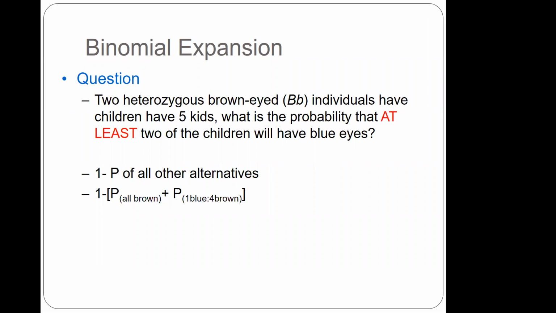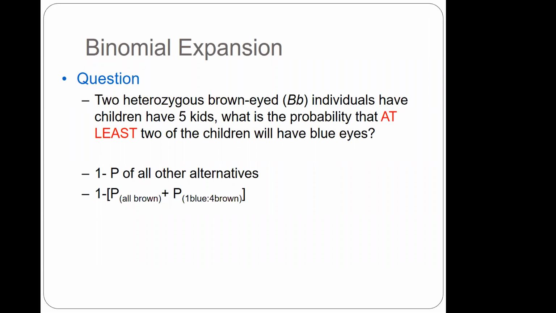So we have to calculate a probability that we get 2 kids, a probability that we get 3 kids, a probability for 4, and we have to add them together to get the actual probability of having at least 2 kids. So we have to do 4 calculations, right? 4 binomial expansions. We have to do a binomial expansion for 2, which we just did. Now we have to do that again, but do it for 3. Do it again, do it for 4, do it again and do it for 5, and then add the results of those 4 separate calculations. Or do it the easy way.